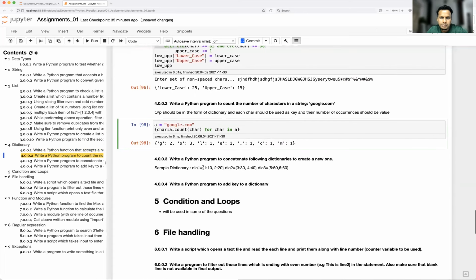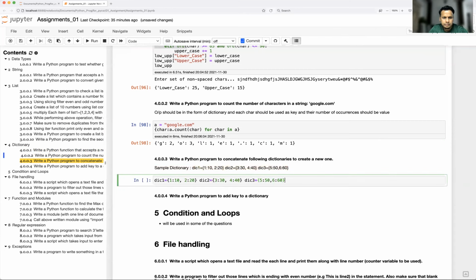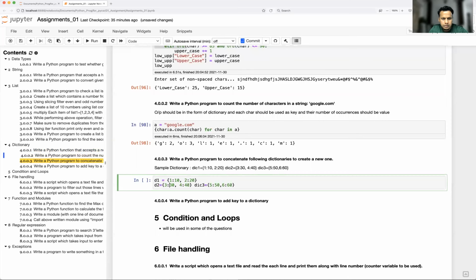Okay, next one is write a Python program to concatenate the following dictionaries to create a new one. I think in Python tips and tricks part 1 and part 2 I have already talked about this, but let's see how to do that. I'm going to show all the methods. So d1, d2, and this is d3.